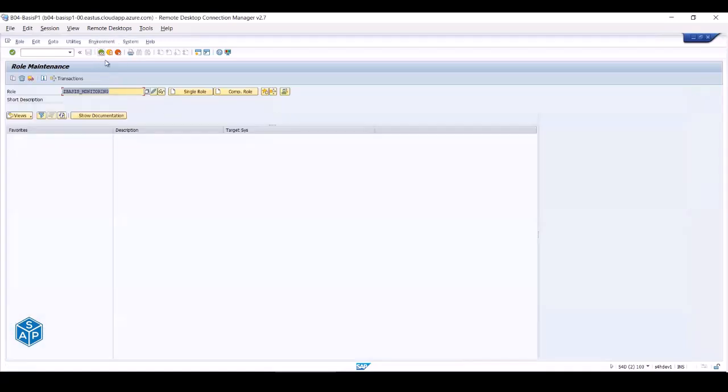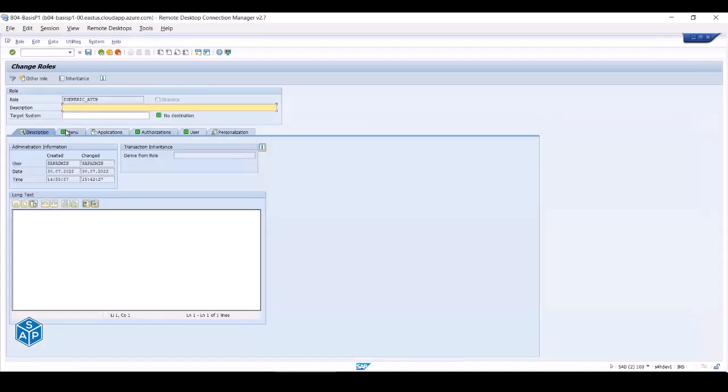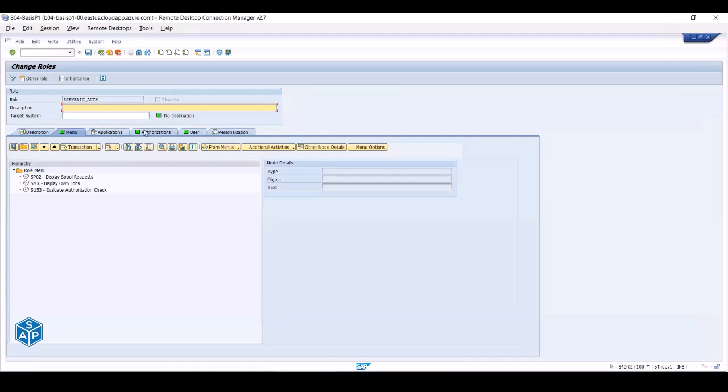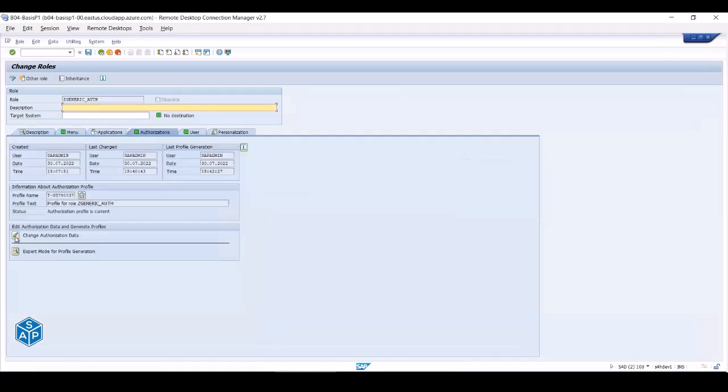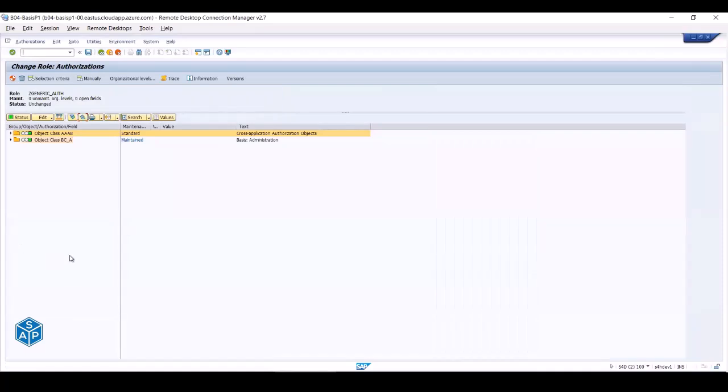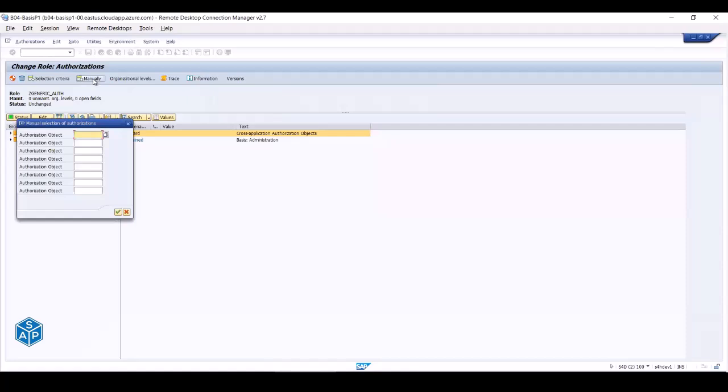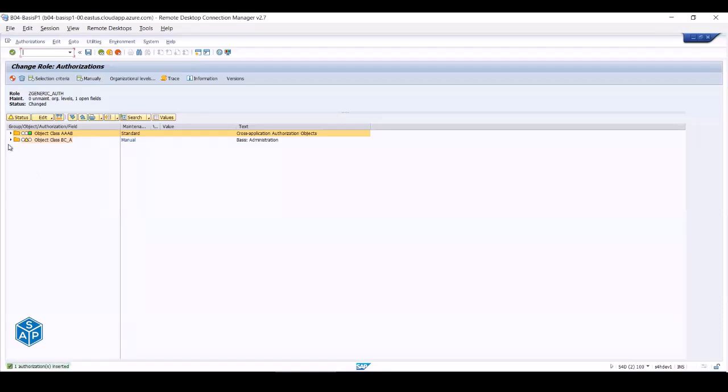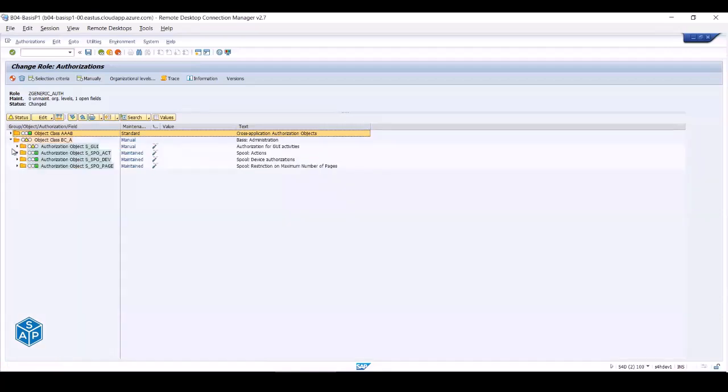I will give it to the generic role, not to the monitoring role. I will open the generic role over here. I will change it. Now I don't have to assign any T code. I will directly go to the authorization tab. I will click on change authorization data. Now here I will manually add an authorization object. I will manually add authorization object S_GUI. Click on OK. Now, if you click over here, you can see the authorization object here in yellow